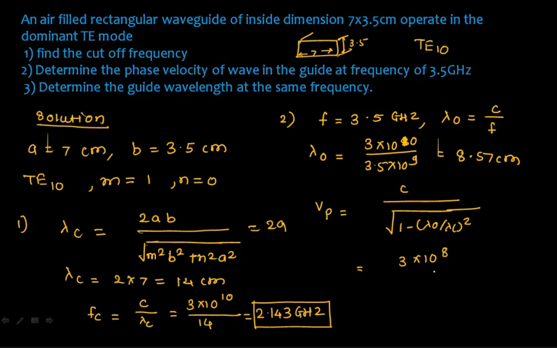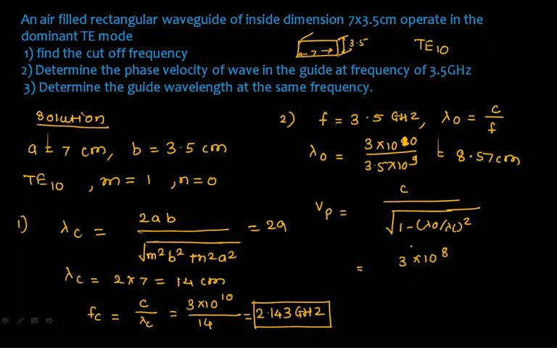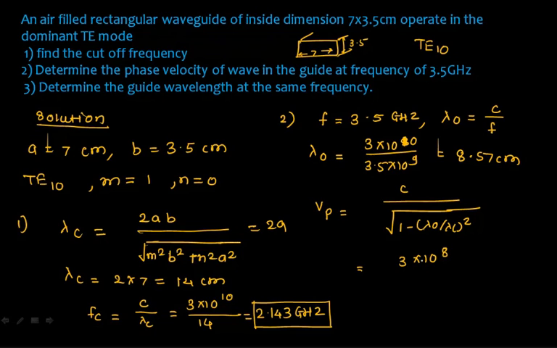Okay? So as we can see here, all the values we are calculating here are in centimeters. So if you do it here in centimeters, it will be okay, no problem. But by converting them into meters and all that, I'll get 0.790. Just do it with me so you'll understand what I'm doing and whether my answers are correct or not. So this will be the answer: 3.79 into 10 raised to 8 meters per second.